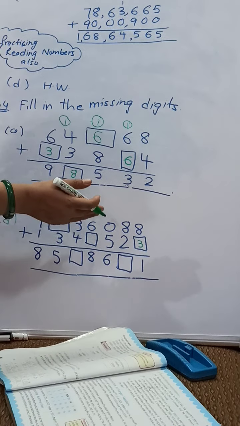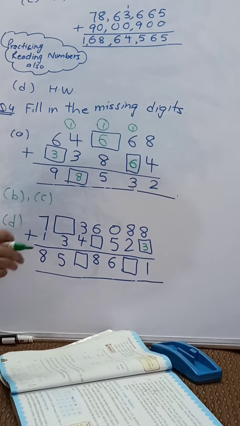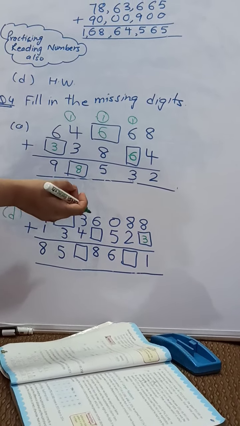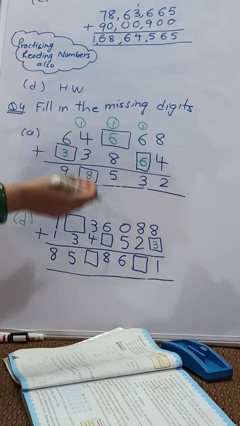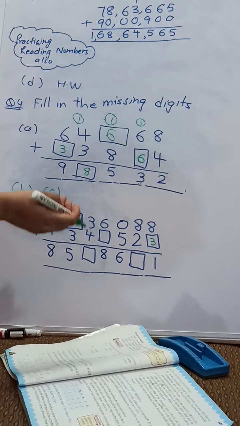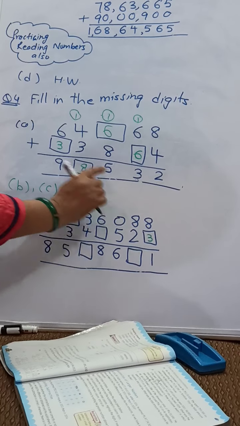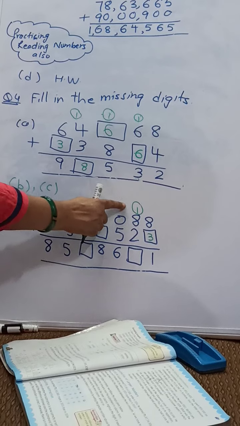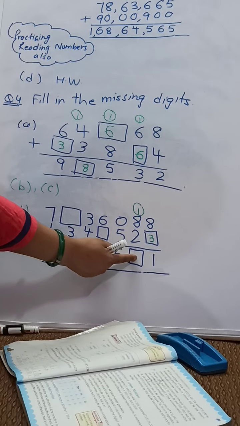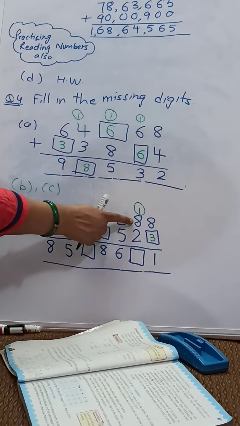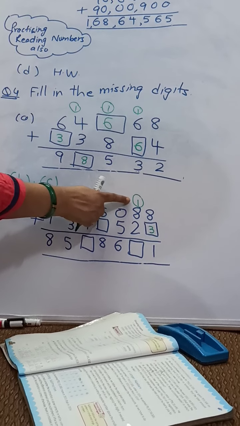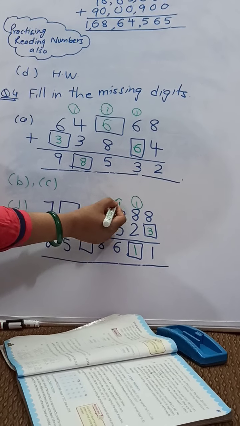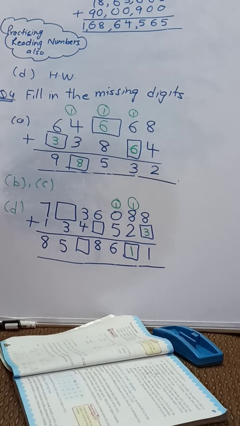How did I come to know that 3 will be coming? I have to reach 11, so I will be counting in my mind from the next number of 8: 9, 10, 11. It makes 3 counts, so I will be writing 3 over here. 1 is carryover. Now I have these 3 digits and I have to find the sum. So this makes it very easy. 8 and 1, 9. 9 and 2, 11. So I write 1 over here and the tens place will go in the carryover.